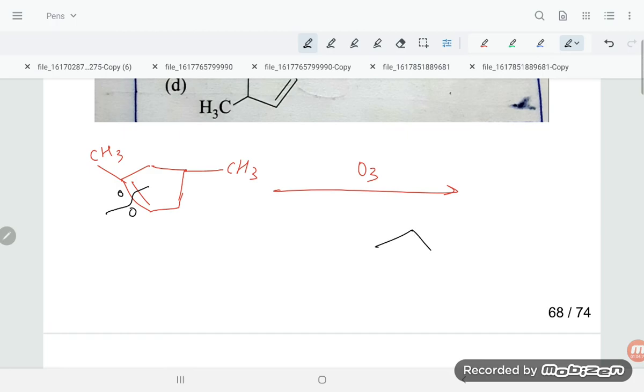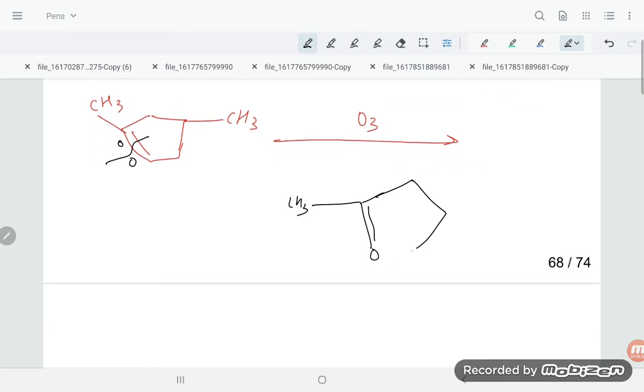So dear students, here you see the product. Here will be the O group. The methyl group, CH3, is already there, and then here again is the O group, here is H, and on this position again CH3 is there, because here is 1 2 3. So this is the 3 position methyl.